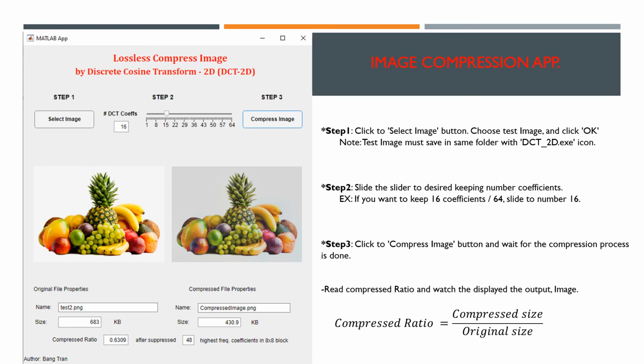We can see here that the original is 683, and the compressed image is 431. The compression ratio will be about 63, and it is calculated by dividing the compressed image size by the original image size. So by keeping the 16 lowest frequency coefficients, I have the compressed image